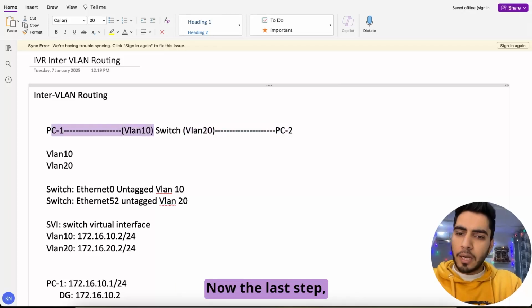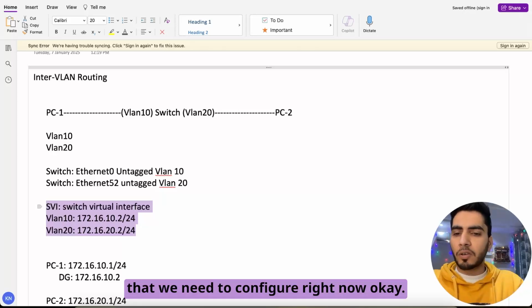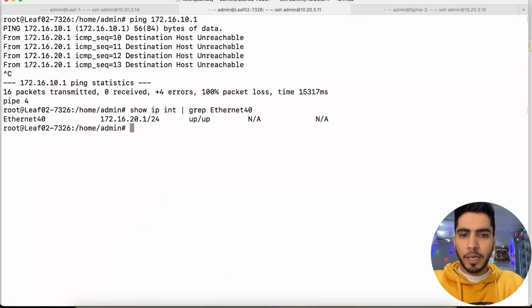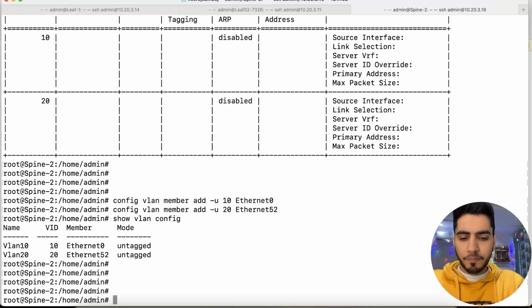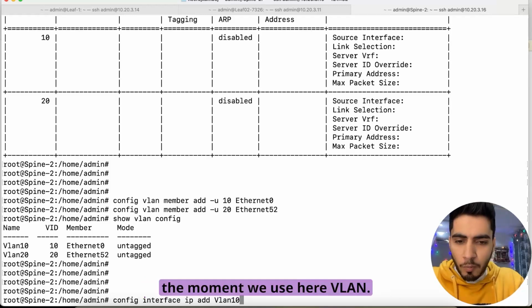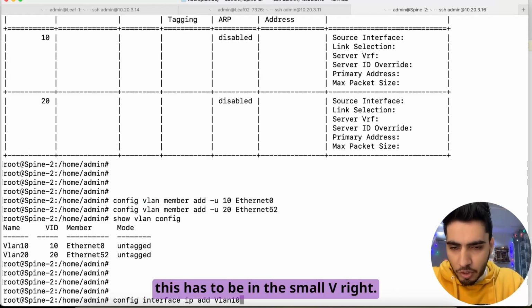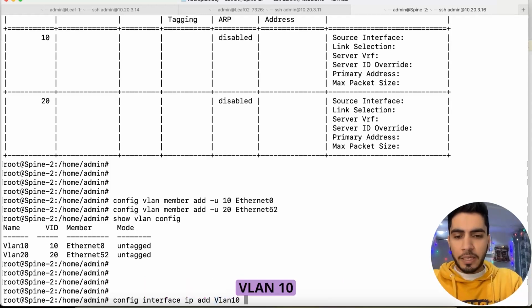That's it, right? Now the last step, the inter-VLAN routing, the main part of the routing, SVI, that we need to configure right now. Okay, so let's do that. This is very simple again, right? So we will configure one SVI. Configure interface IP address add VLAN 10, and we have to make sure that when we use VLAN here, it has to be small v, but here it has to be capital V. If I use small v here, it won't accept. Okay, VLAN 10 and the IP address is